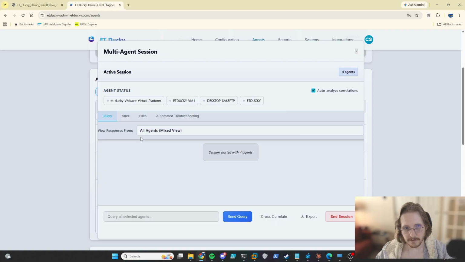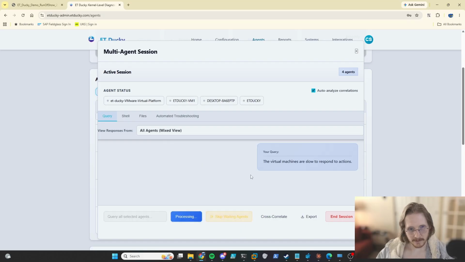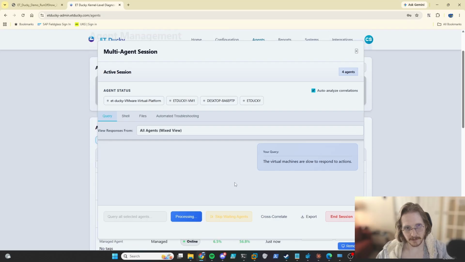I'm going to check the box to auto analyze correlations, and then I'm going to say the virtual machines are slow to respond to actions. This is just an example. So I'm going to go ahead and send this query, and you can see what happens. After a few seconds, it'll connect to each of these, and you'll start getting the responses trickling